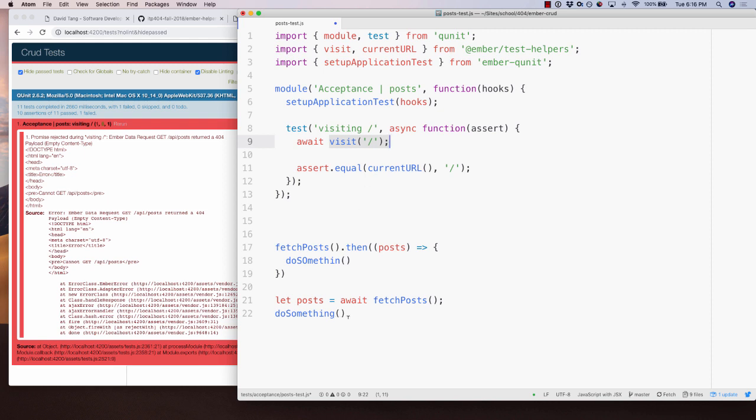So it helps with cleaner code, in a way, just because we don't have .then all over the place, and it reads linearly, just like synchronous code would, but without having to write all the extra parentheses and callback functions. But I'm going to delete that. So that's what that is. That's just a JavaScript thing. That's not an Ember specific thing. Okay, so